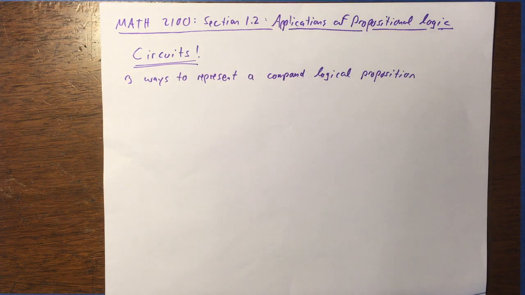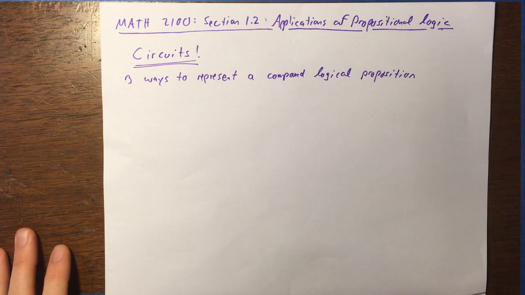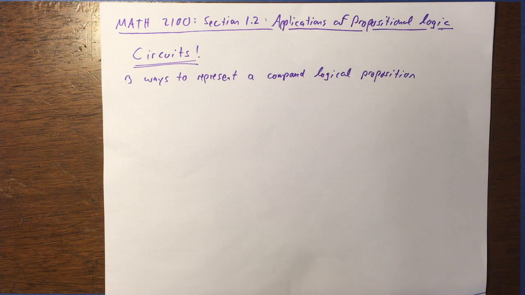Okay, now that we've learned about logical propositions and about operations and equivalences, now let's look at some applications of this propositional logic we're learning. So as I've mentioned before, one of the main applications for this is circuits, circuits in a computer. Computers perform logic all the time, very quickly, and they do that using basically